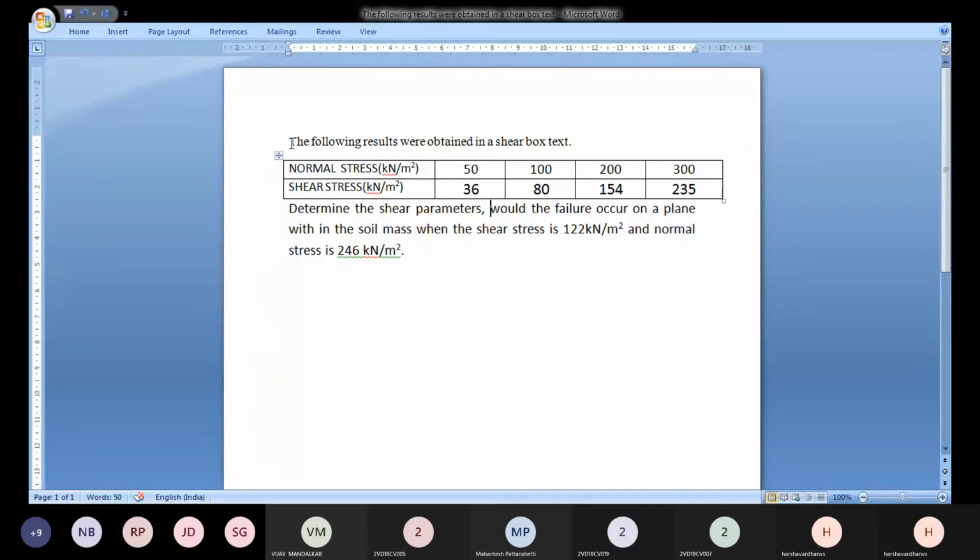The one who is correcting your answer sheet, if he has an answer of 75 and in your answer sheet you have 76, that is correct, because there will be a difference whenever you are finding answers through graphical methods. In analytical methods, the answers must match exactly, but in graphical methods, it's okay if there is some difference in answers.